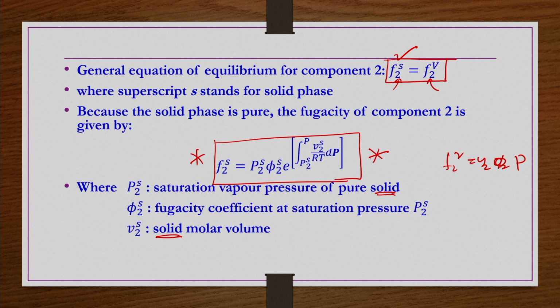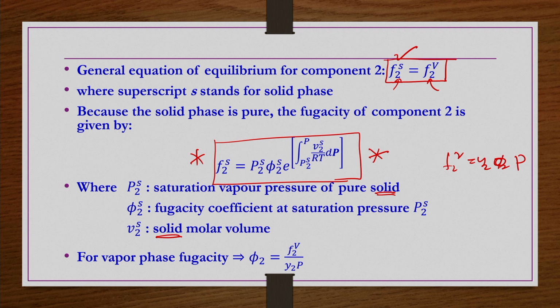Previously we have written the same expression as f_iC is equal to P_iS phi_iS exponential of the integral of V_iC by RT dP, that is what we have written. But now here the condensed phase is a solid phase, specifically a solid phase we are taking for simplicity, because in the solid phase gases will not dissolve in general. Okay. So you can take that solid phase as a kind of pure component, that is a kind of simplification that we can have by explicitly taking that condensed phase as a solid phase. Okay. The condensed liquid phase we are going to take in the subsequent slides anyway.